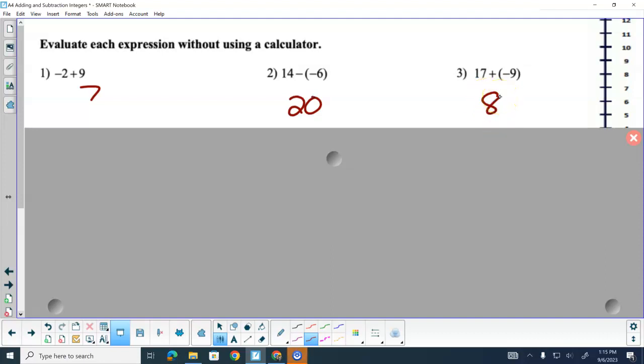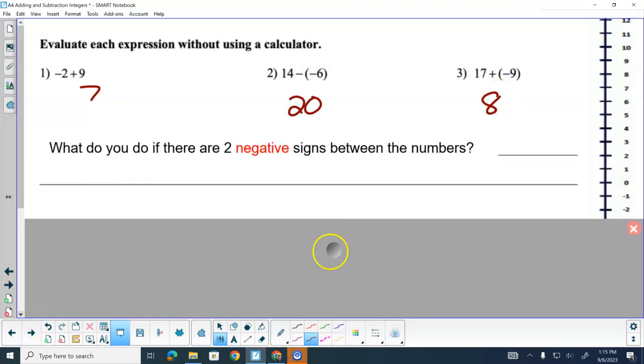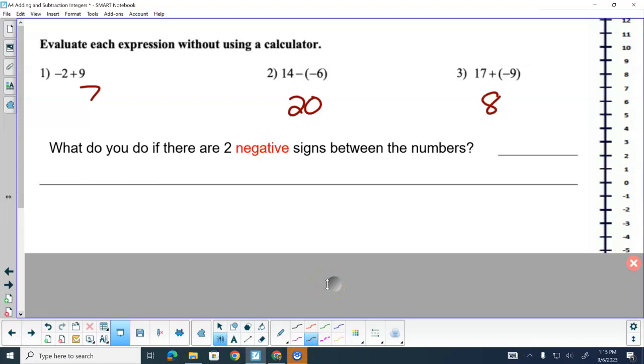Now this middle one is the one that I want to talk about next on your sheet. I would like you to add in the word negative after the number 2 on that one. We really want to talk here about what you do if there are 2 negative signs between the numbers. Okay? Because 2 negatives, we don't ever really write that in there. We can write plus a negative number. We're okay with that. But we don't like 2 negatives. The 2 negatives, it makes it become